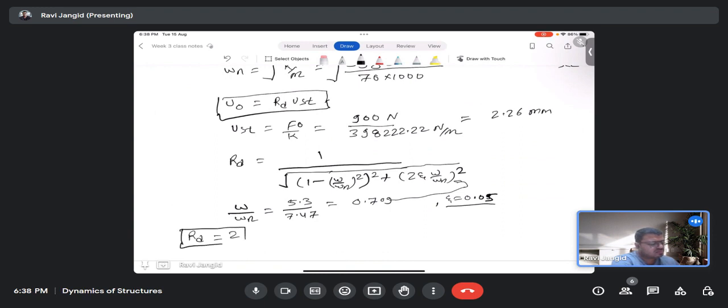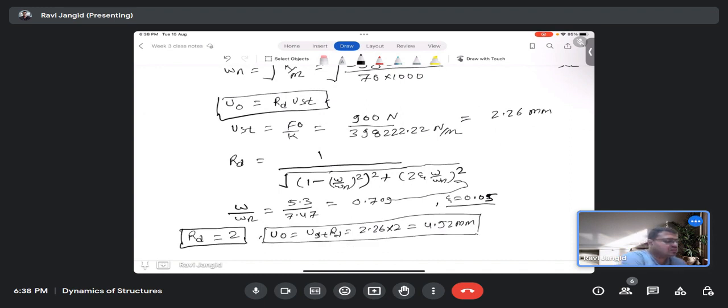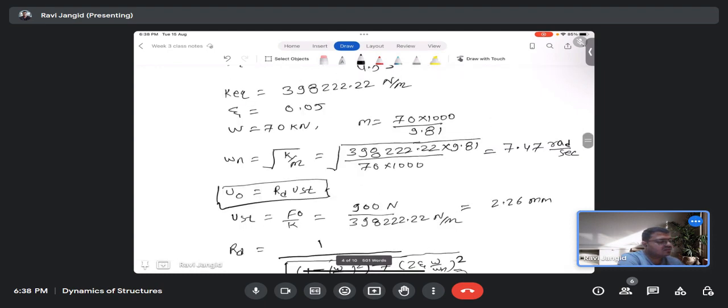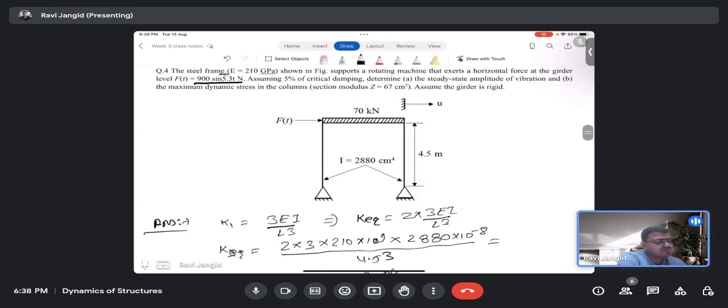Yeah. So what will be my U naught? It would be U static into RD, and U static was 2.26 into 2, so that would come out to 4.52 mm. Okay, now I need to find part B, which is the maximum dynamic stress in the column. So in a column, if I have this one and it is going like this one,